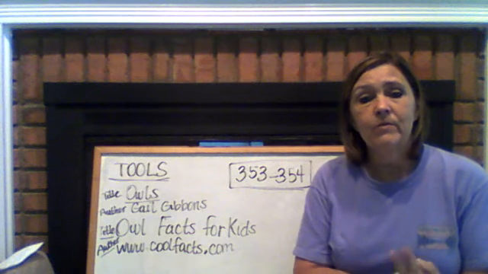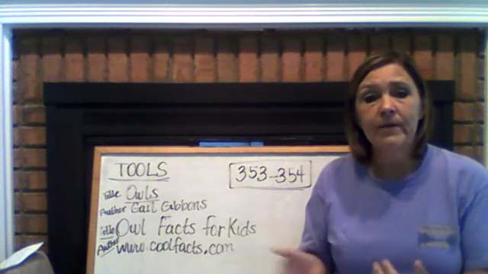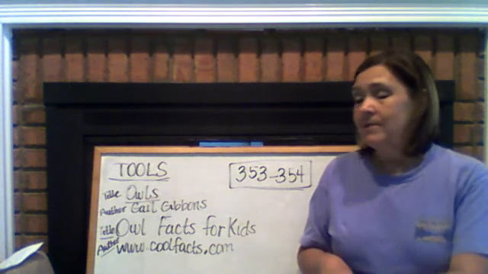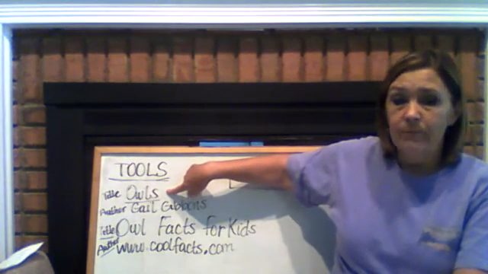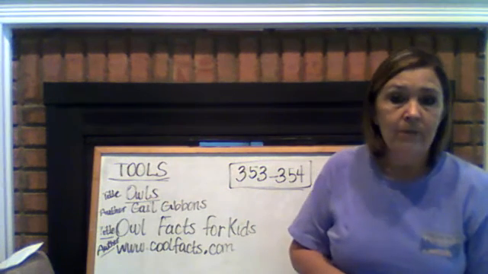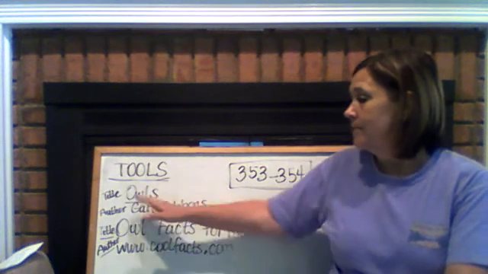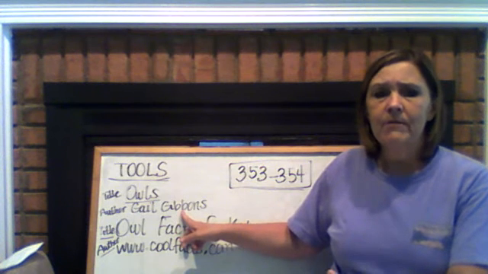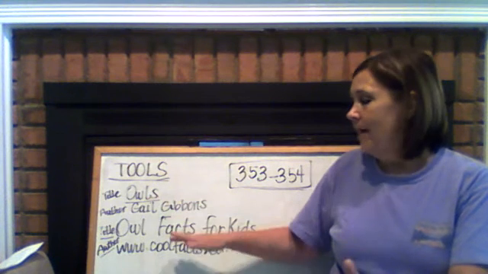So for you guys, there are going to be two main ways for you to find your information. One is through a nonfiction book, and two is through an internet site. When you cite your source, the first thing you do is put the title, if it's a book, the title of the book, and underline it. So when I did my research on owls, I didn't have a nonfiction book here at the house, but if I had, this would have been a good one. The author is Gail Gibbons. She writes all kinds of books for children that are nonfiction. Great source of information if I had it.